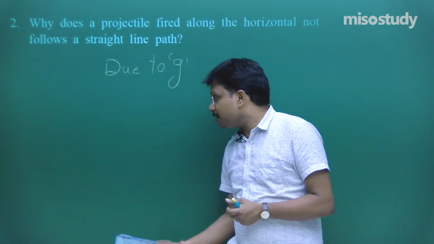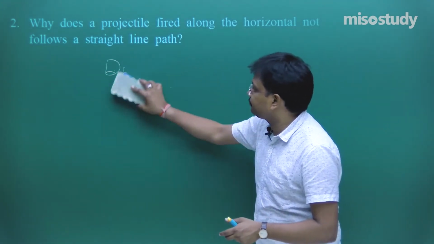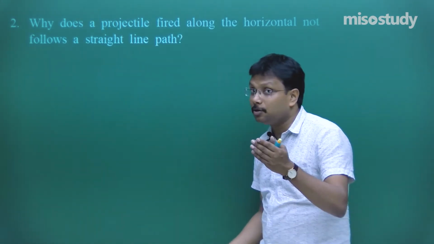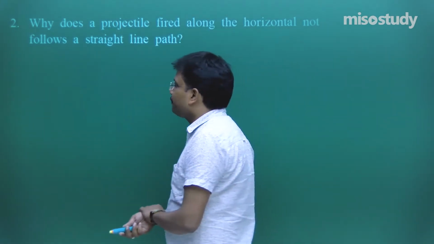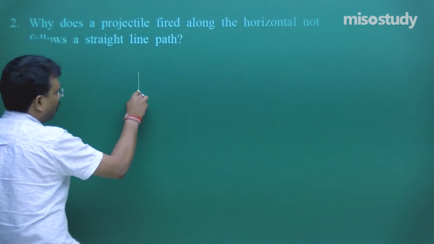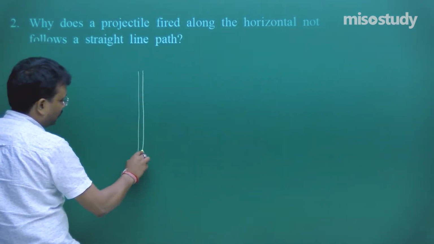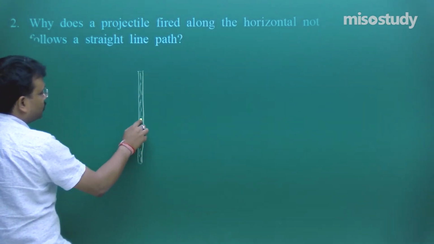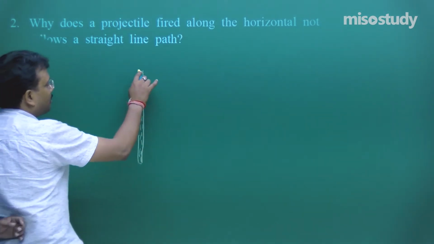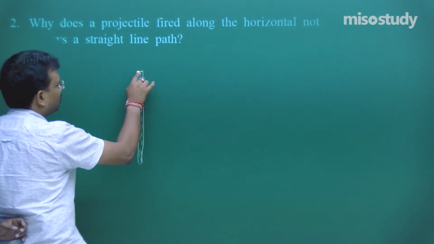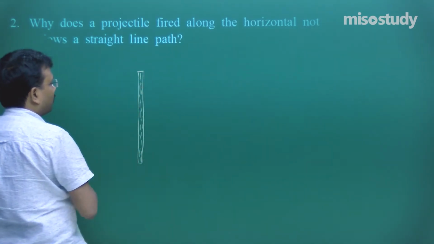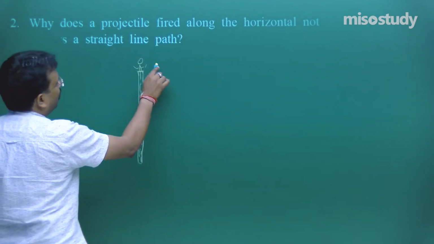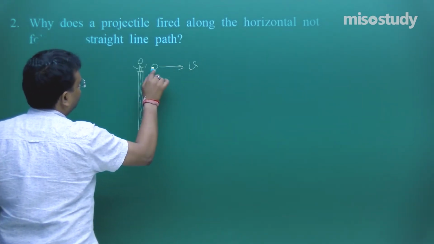Now the question comes to mind, why exactly so, why is it not following a straight line path. So now I will tell you why. Let's say I am standing on the top of Qutub Minar. I am putting the example of Qutub Minar repeatedly because this is something which you cannot visualize. Now I am standing on the top of the Qutub Minar, although that is not allowed by the Archaeological Survey of India. So if I am standing here and I am throwing a ball in this direction with velocity v,